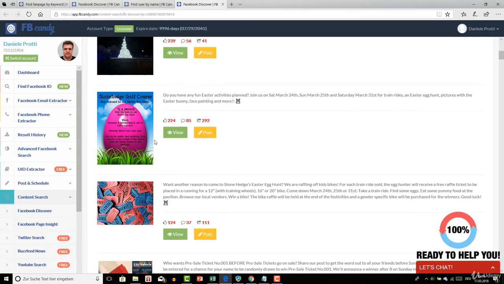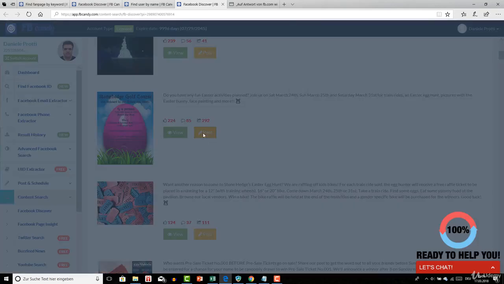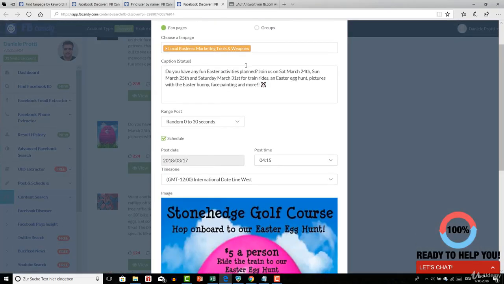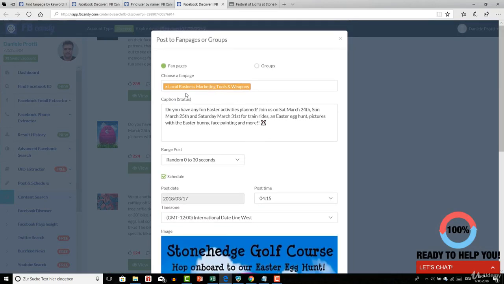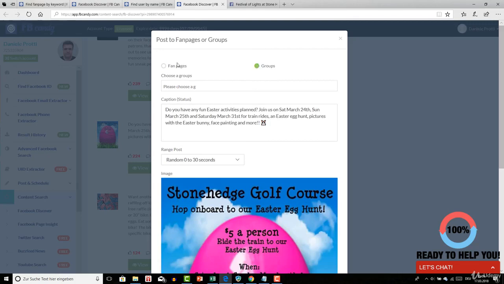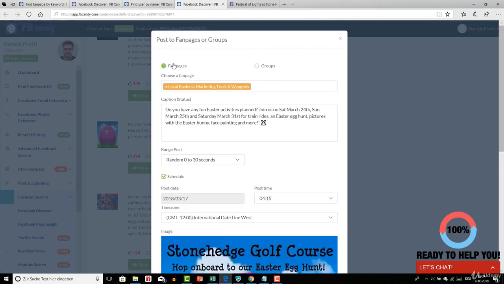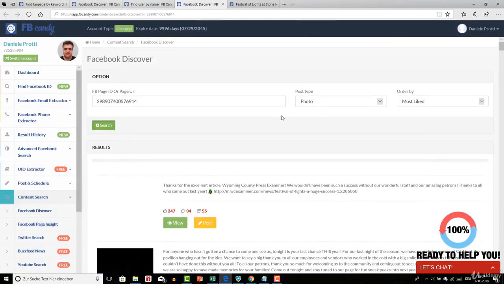Okay, you can do the same here. I'm gonna view this. I'm gonna post. Okay, like that. And the last setting is also saved, unless I choose another one if I want, and so on. So you can do automatic posting. So this is a very, very useful tool,